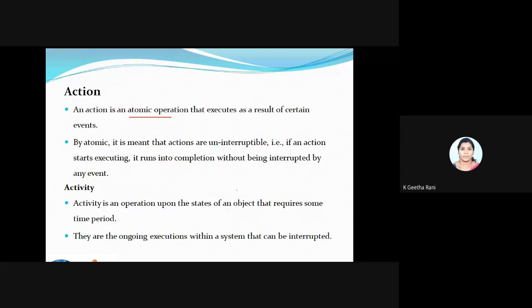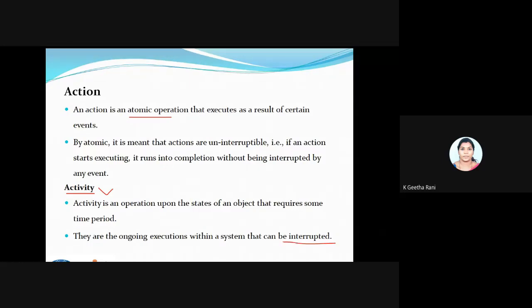Fine. So this is about the action, and we have one more term related to action, which is activity. It's nothing but something that requires some time period. So this activity tells you about the time period for our operations. Here, this activity can be interrupted.